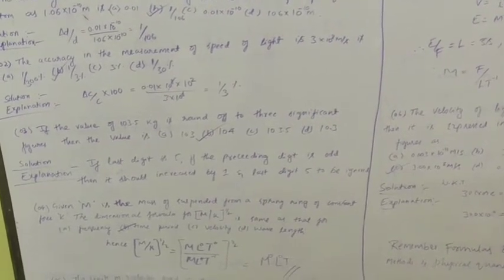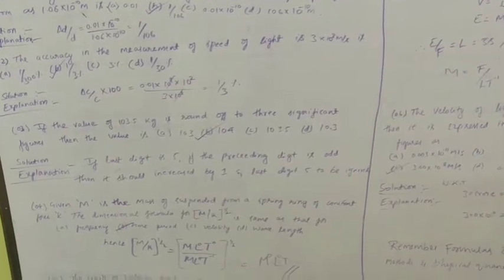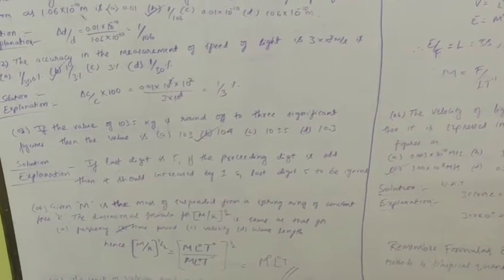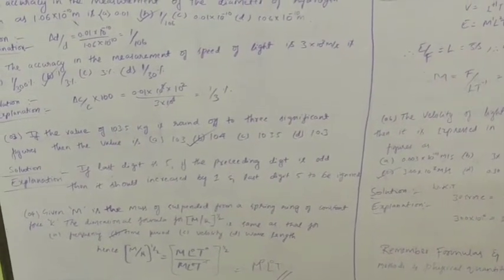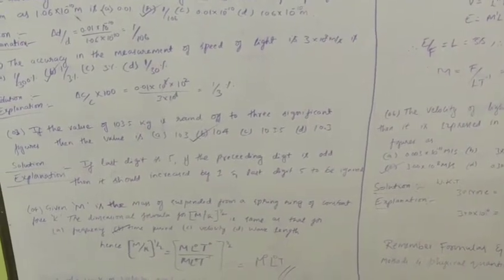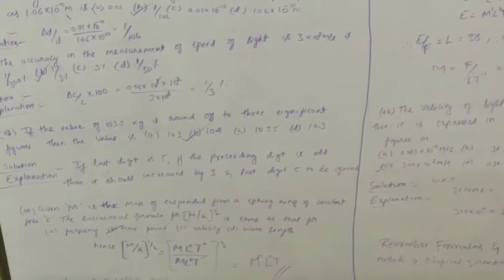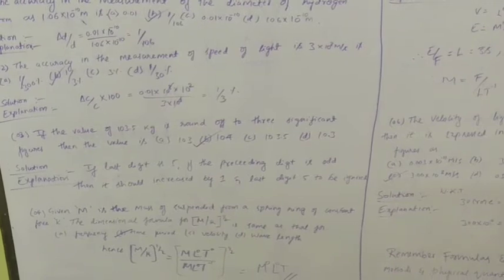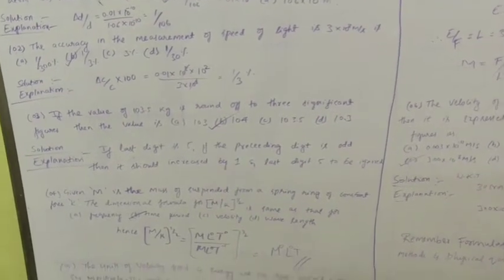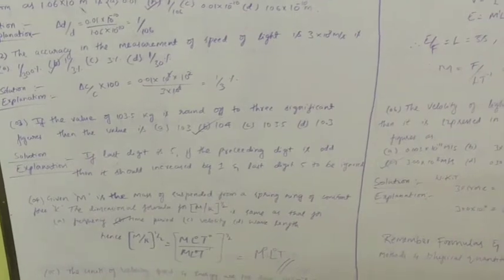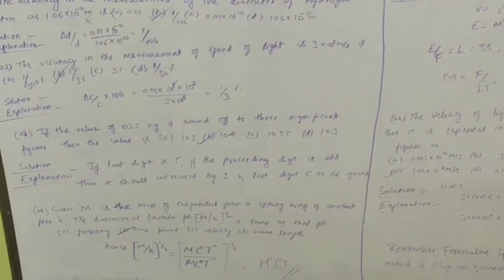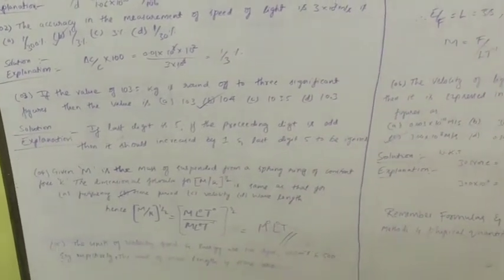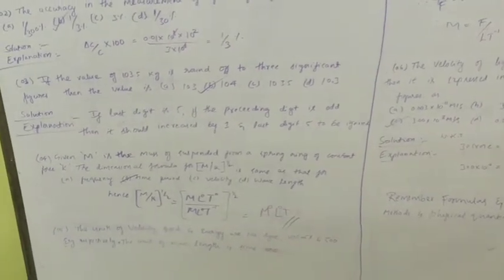K means, you may check by pausing this video for 2 minutes, M, L to the power of 0, T to the power of minus 2. After cancellation we got M to the power of 0, L to the power of 0 and T to the power of 1. T to the power of 1 means what? Yes, time period. We must solve this kind of problems by knowing just the dimensional formula. We must know the velocity, speed and energy.